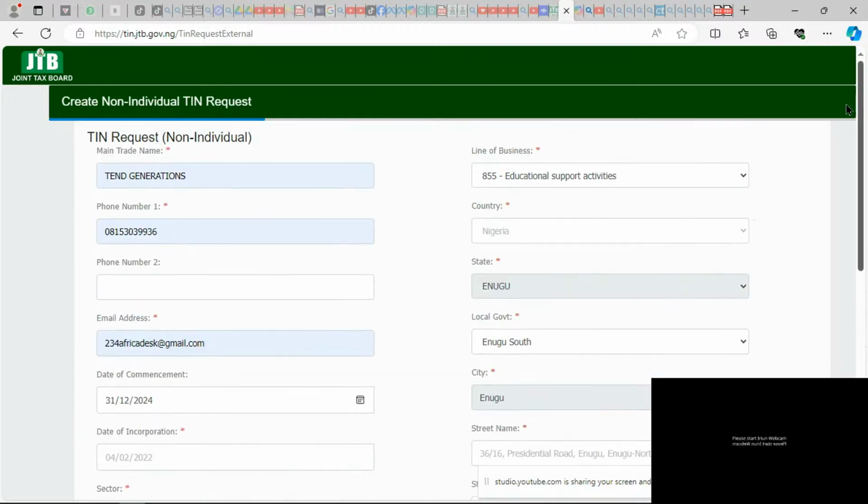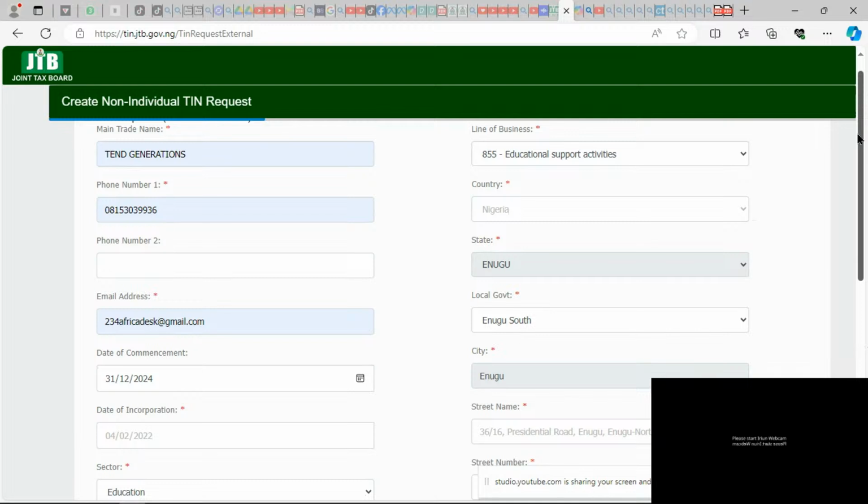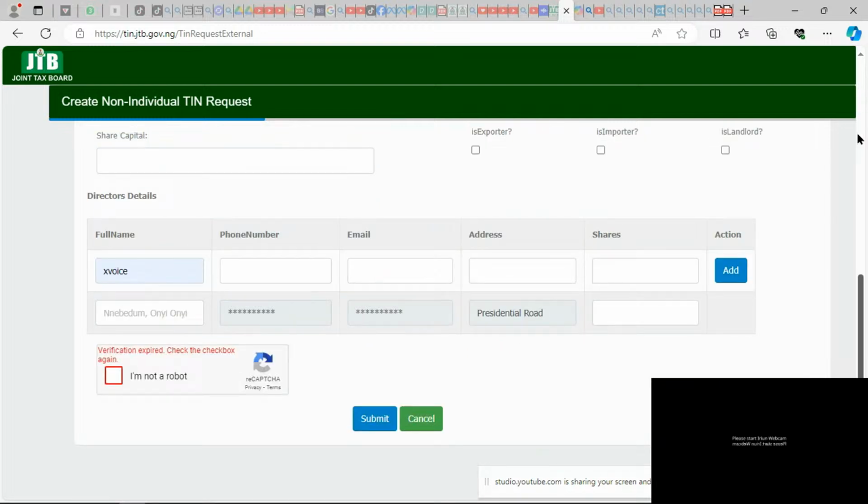So that's the process. So this is the process you take to get your TIN certificate, that's the tax identification number that you use to open a business account, bank account in your business name.